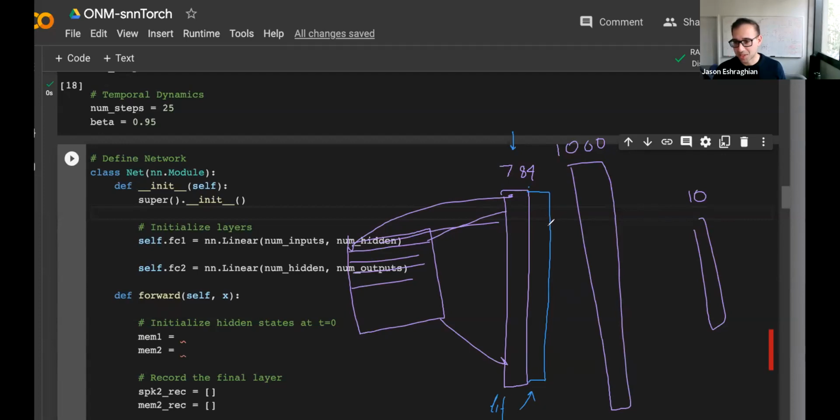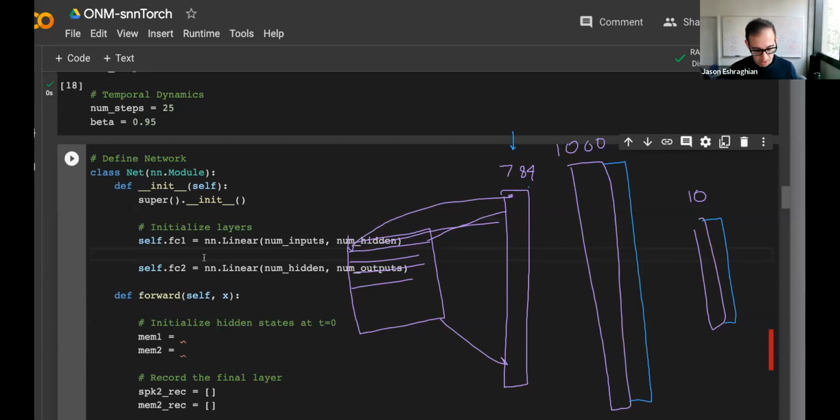Well, I guess this should actually go here and here, right? So I can erase this because this is the flattening. This first layer is the flattening of our input image. So the way that we instantiate these spiking nodes is just like before, self.lif.